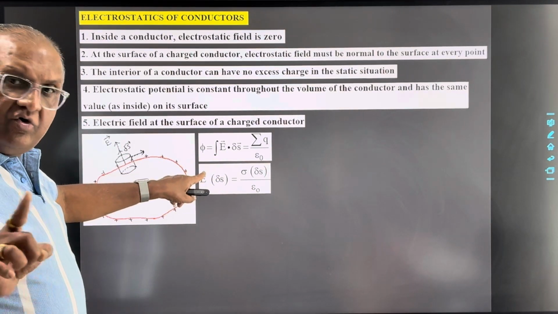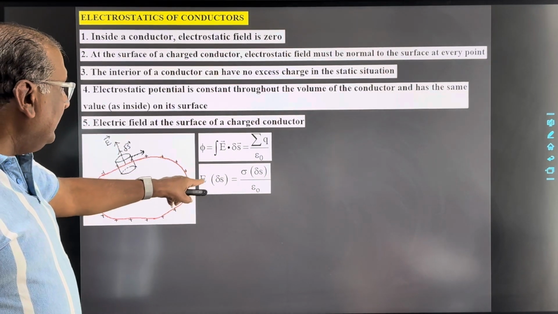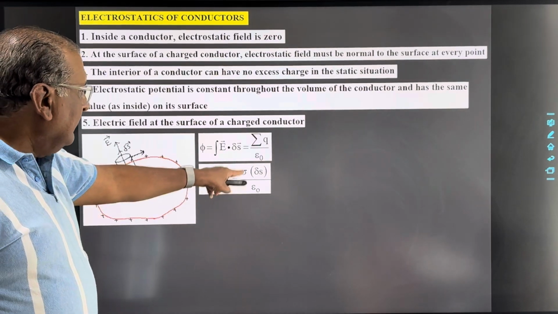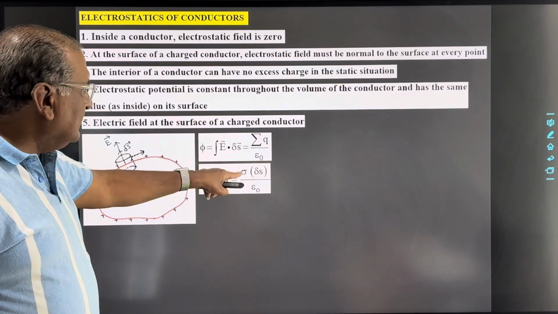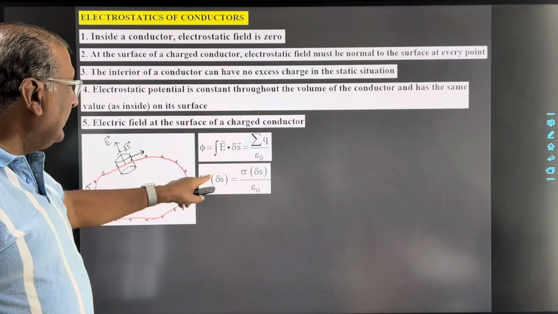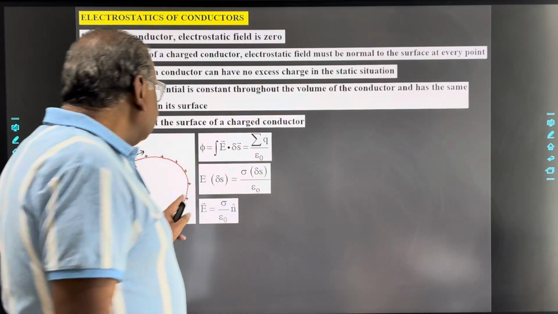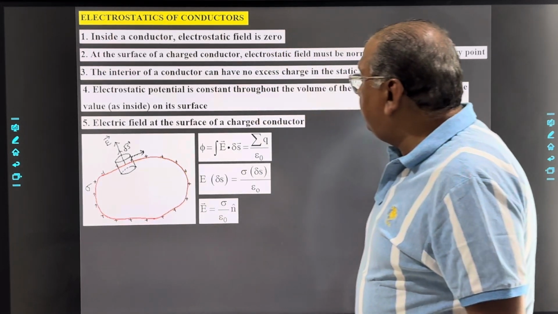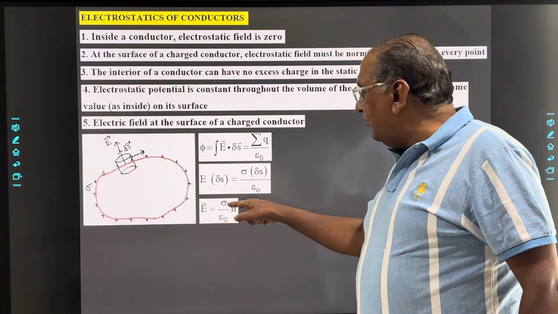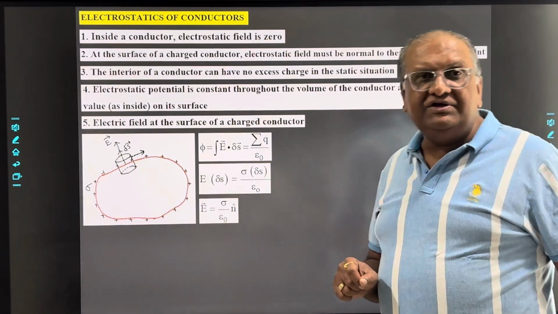Theta is 0, cos 0 is 1. So directly we can write E delta S equals net charge enclosed, sigma into delta S, upon epsilon 0. Delta S cancels. So at the surface, the electric field E is equal to sigma upon epsilon 0 in magnitude,